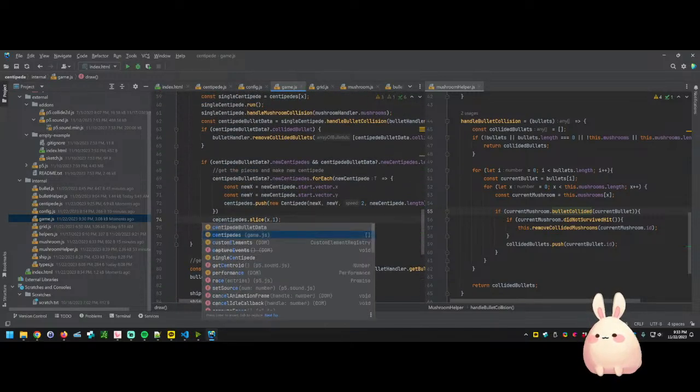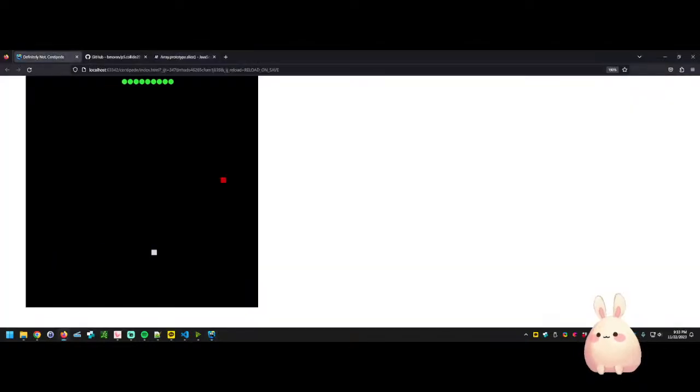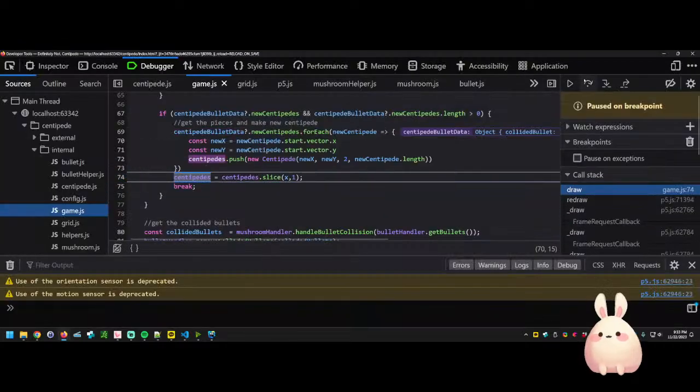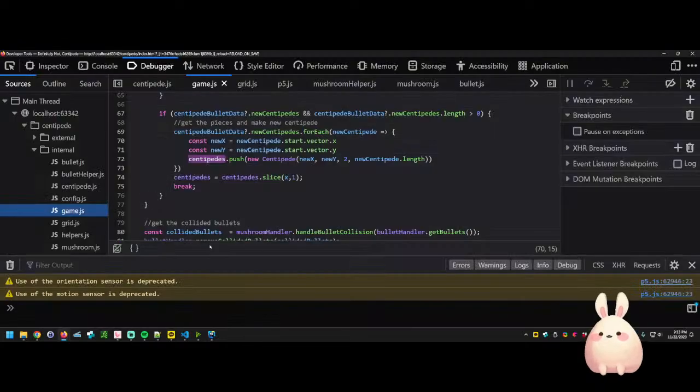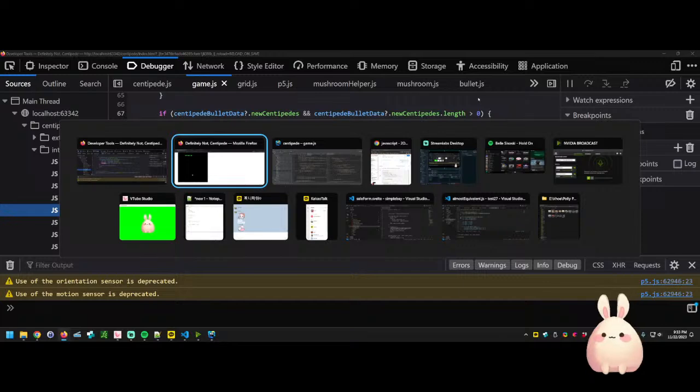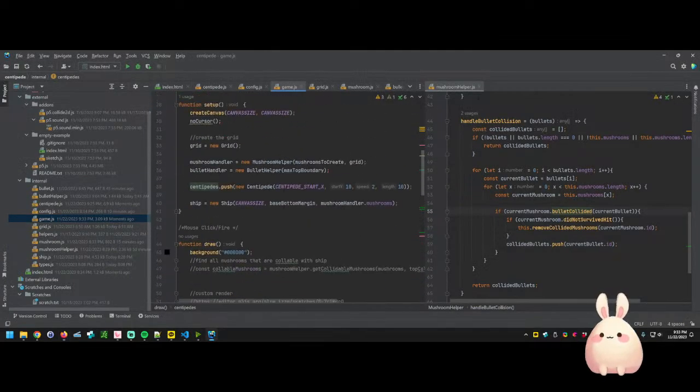So we would say centipedes is going to be equal to slice. And so when we come back over here, shoot. And now it made 2. Fire again. And that works, but it isn't changing direction. So that looks like the only thing we have left. Do we want random direction? No, we want to get